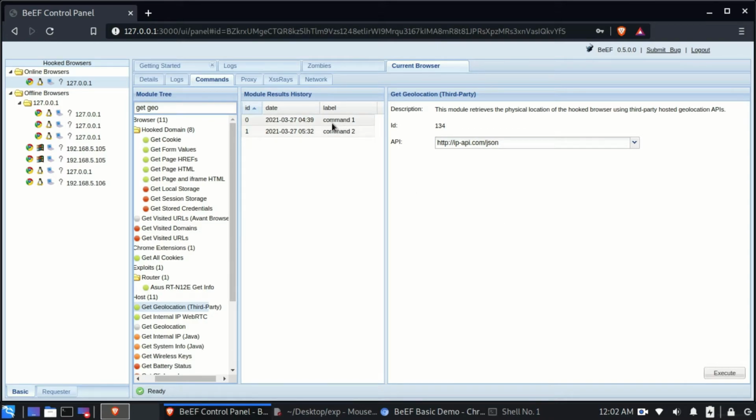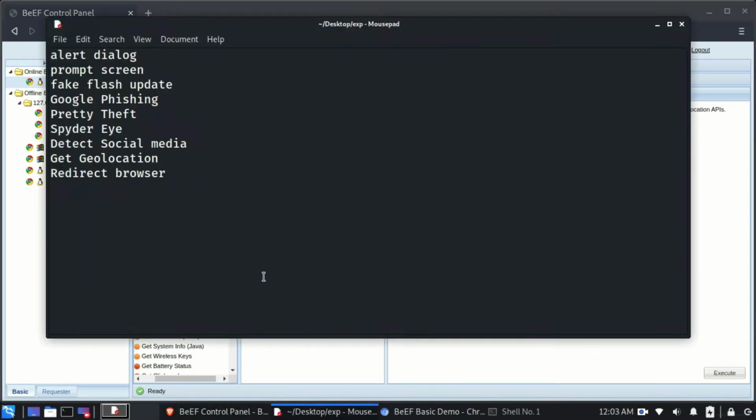I have executed this previously also, so it is showing it here. As soon as I click on this, it will show a lot of very useful information. I can't show this information because it's very sensitive and can be used against anyone. So that was for this command.